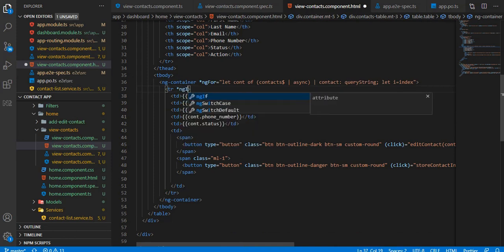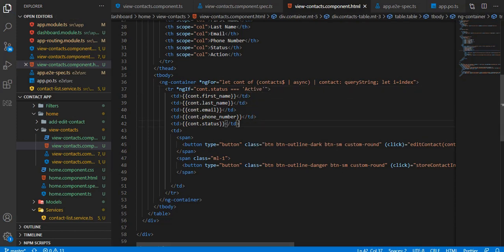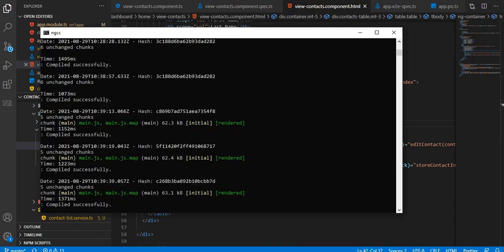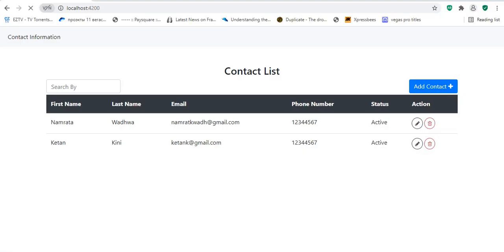And now we can put a condition of ng-if. Let's check if the const dot status is equal to active. Okay, let's save this, refresh this, and check the table now.